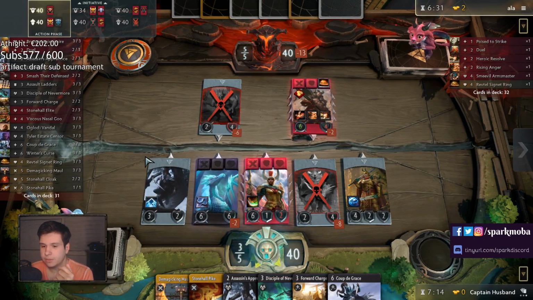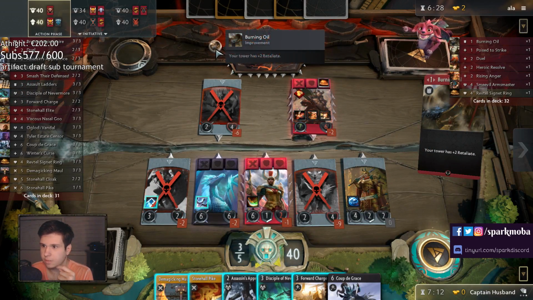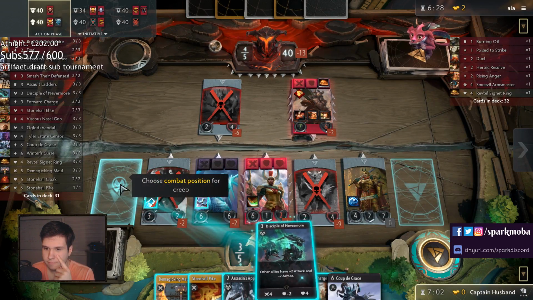Alright, we should be able to get this tower here, I think. Might even be able to get this Centaur Warrunner, depending on how things go. Okay. That's fine. The Burning Oil. The Centaur is not dying anytime soon. I'm not worried about the Burning Oil. That's what we got the mole for. For now, I think we're gonna throw down